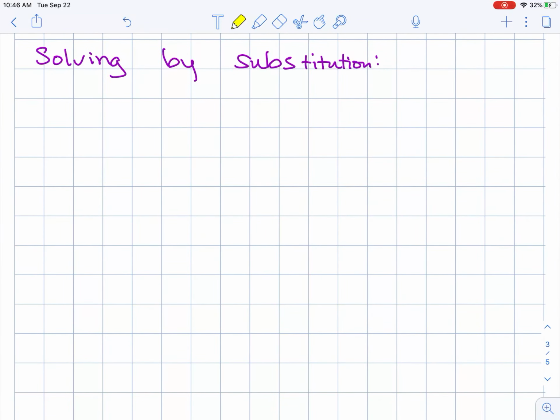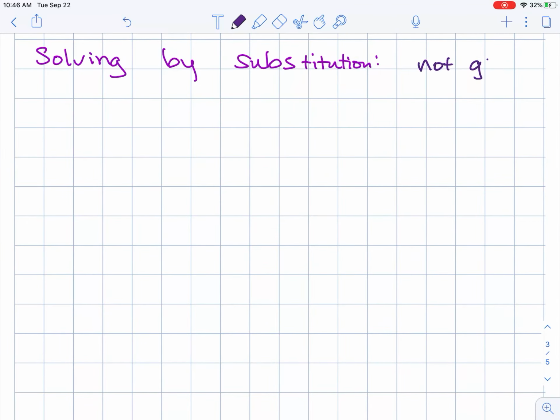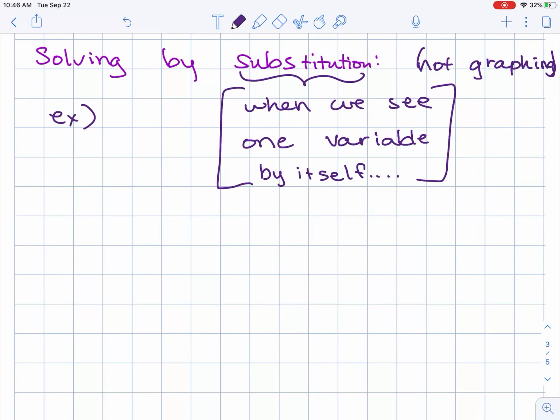How would we solve a solution by substitution? So this is obviously when we're not graphing and they don't have a picture for me. Okay, so for example, we would use this process when we see one of the variables by itself. Okay, so substitution is useful only when we see one variable is by itself. So for example, if they gave me this system of equations,